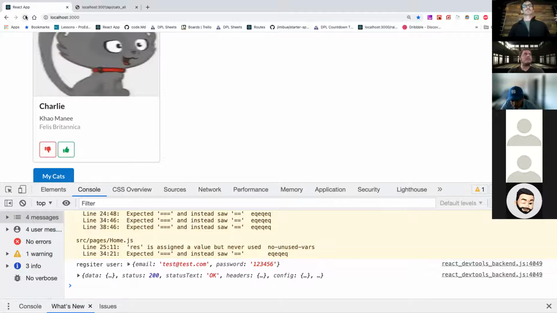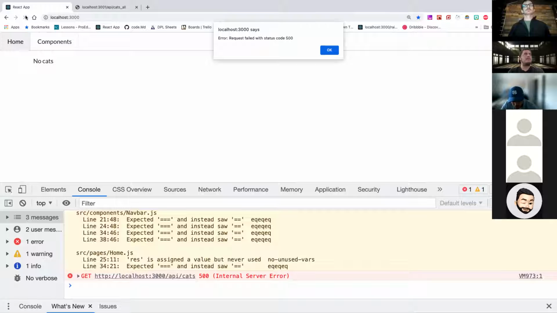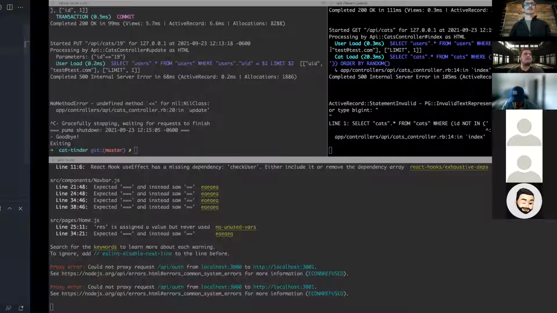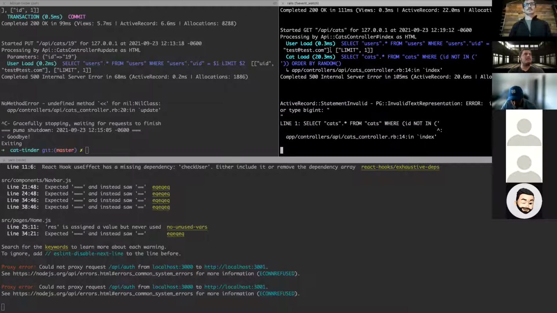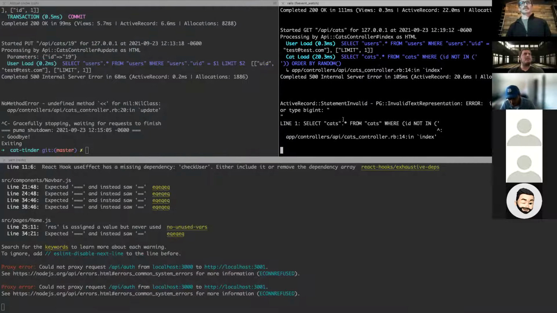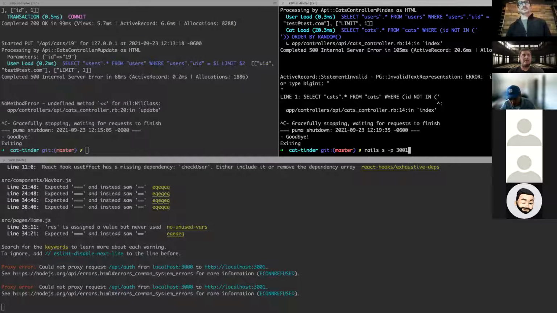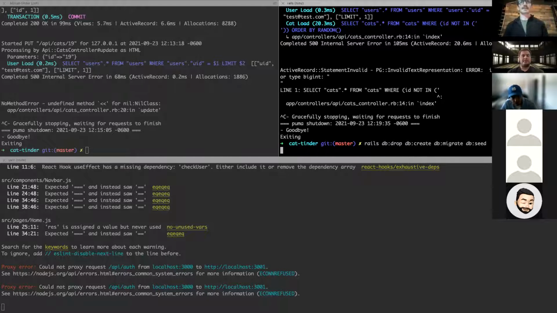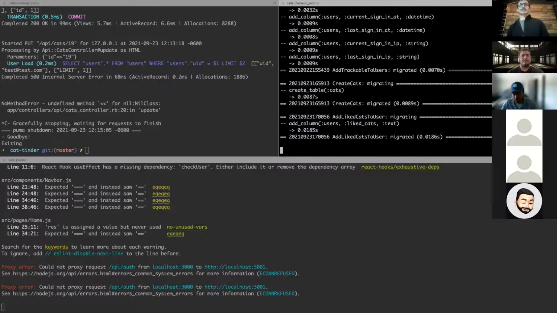I'm going to refresh this page. Okay, sweet, I got an error. Okay, I think that screwed it up. I'm gonna get rid of this default, because I think I might need to look at that serializer again, but